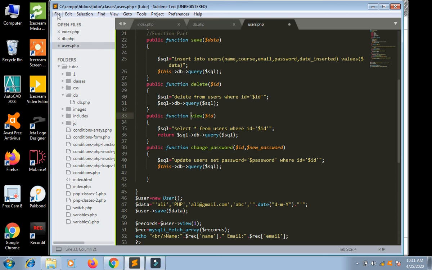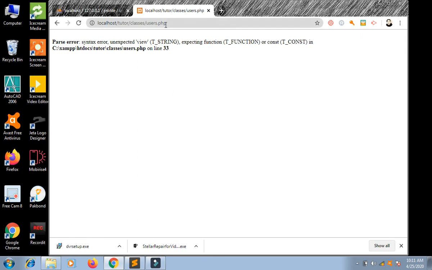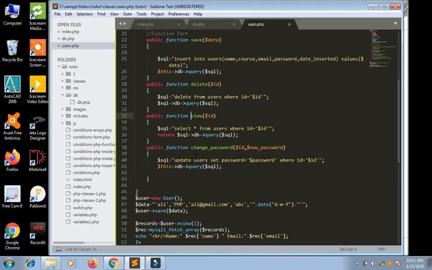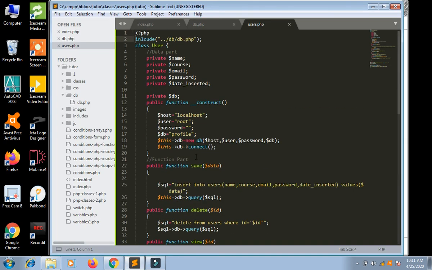Save it and go to the browser again. Now view. Call to undefined function include on line 2. Include here. Right.